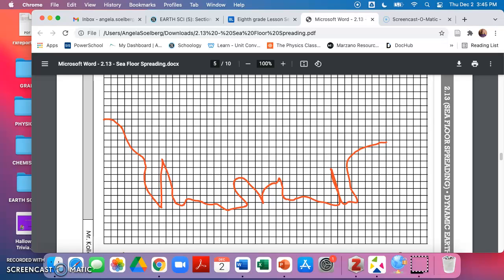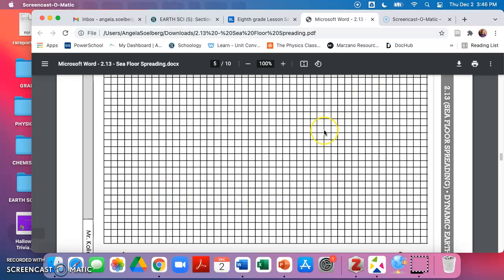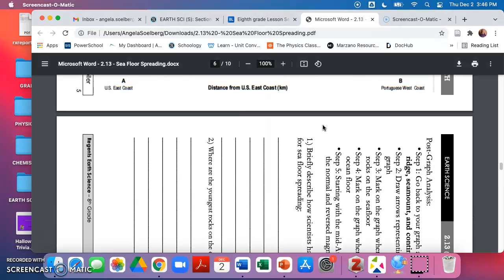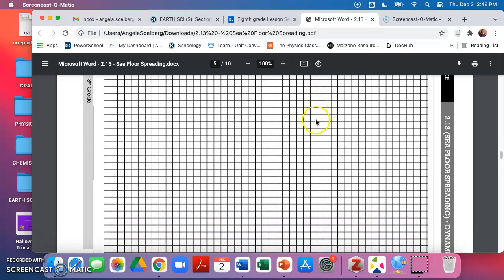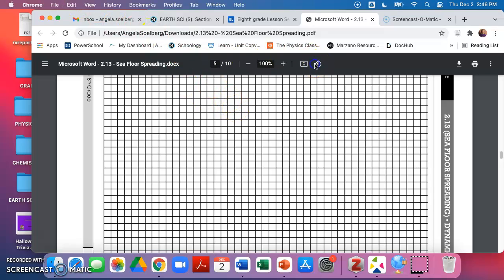This spot where you kind of have a hill with maybe a space in the middle and another hill, that's your mid-Atlantic ridge. Okay, and then you might see some spikes. Those spikes are, I can't think of the name off the top of my head, so hold on just a sec. We'll get done with drawing and I'll tell you what it is. They are called seamounts. Sorry, seamounts is what they're called. So you're going to draw out your image. Okay. Then once your image is drawn,